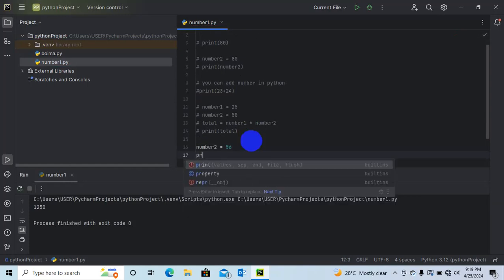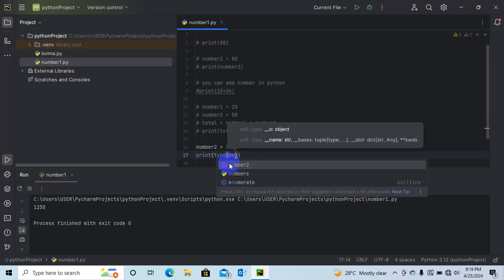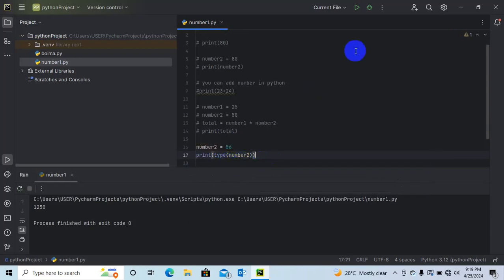And I can just come to print, and I put my parenthesis there, pass the name of the variable. It will tell me which data type this is. So let's run this and see.